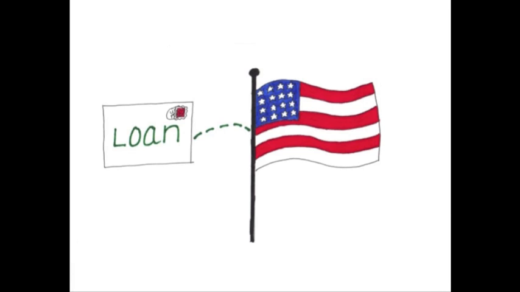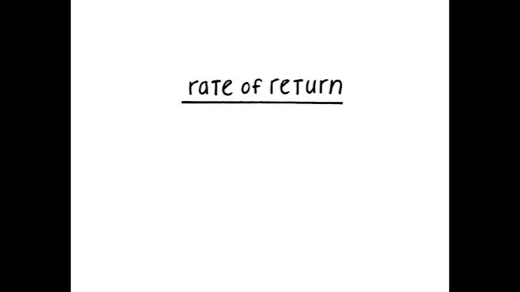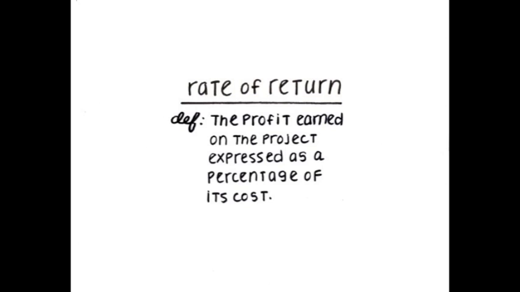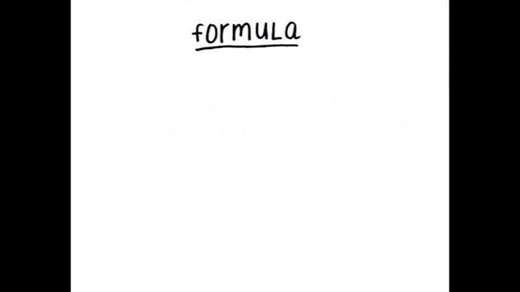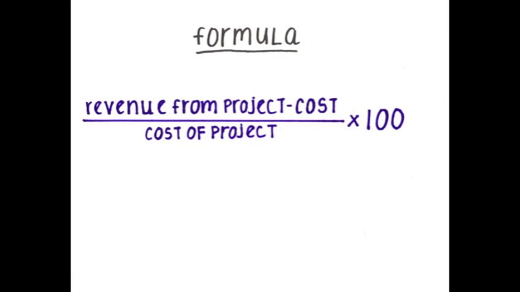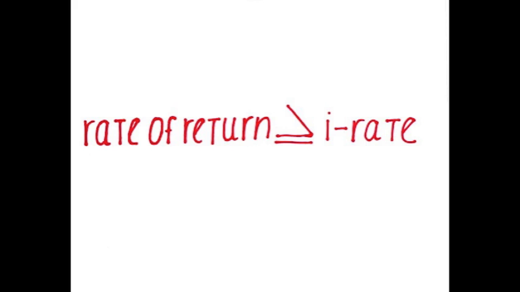An aspect of these loans is the rate of return. The rate of return is the profit earned on the project expressed as a percentage of its cost. This can be calculated by dividing revenue from project cost by the cost of the project multiplied by 100. How does this affect the market for loanable funds, you ask? Well, businesses want loans when the rate of return on its project is greater than or equal to the interest